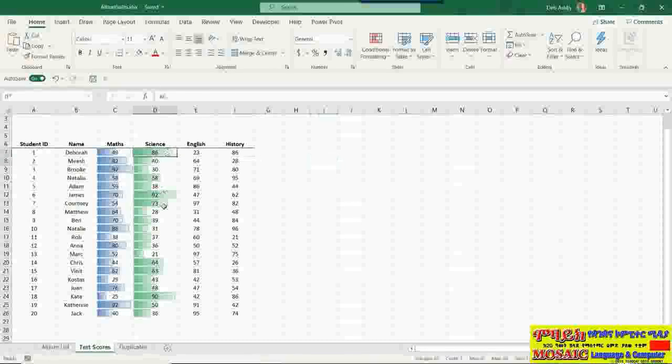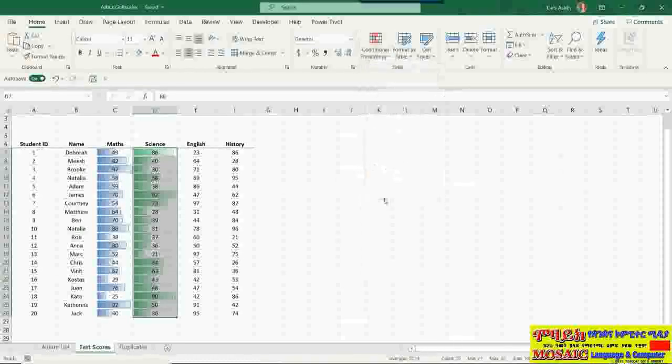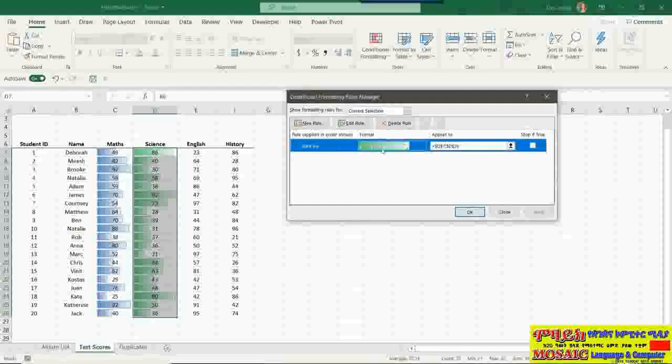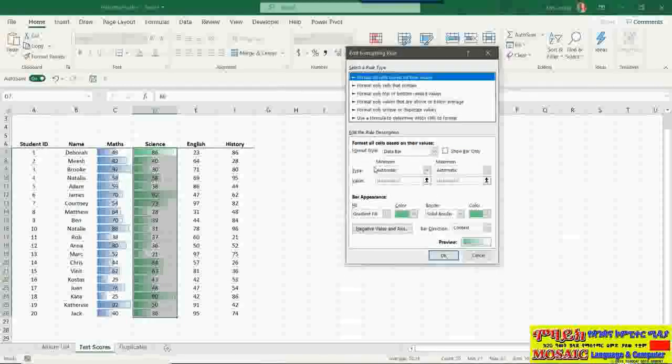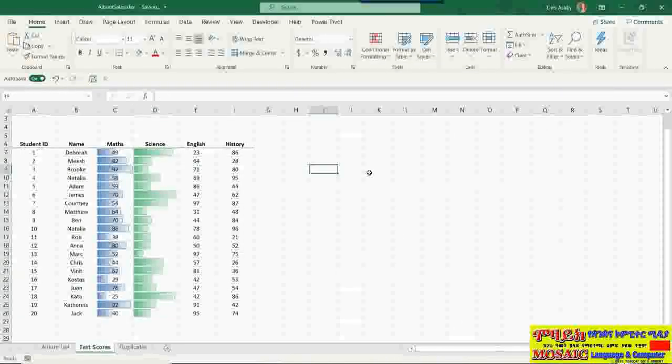So if I do this for the science conditional format that we've just set, I'm going to highlight that column, go to conditional formatting, and I'm actually going to jump down to manage rules, and I'm going to edit this rule. And what you'll see is here in edit the rule description, we've got an option here for show bar only. So if I tick that and click on OK, and OK again, I now only see the data bar